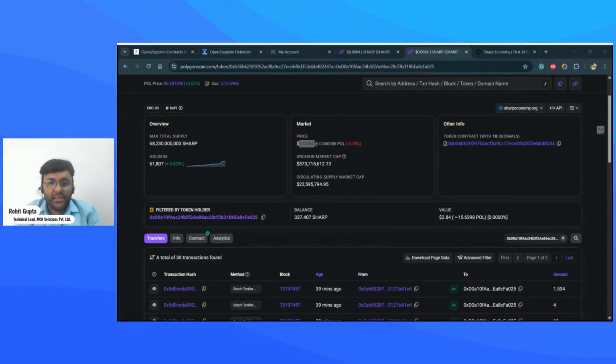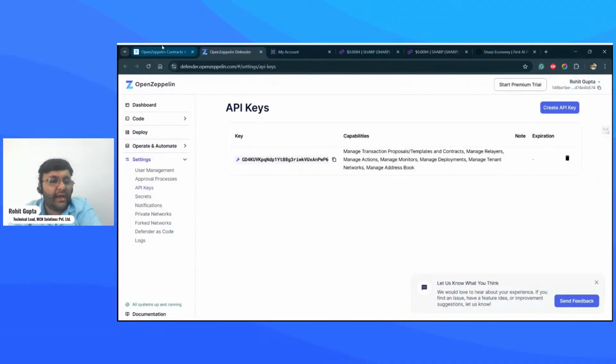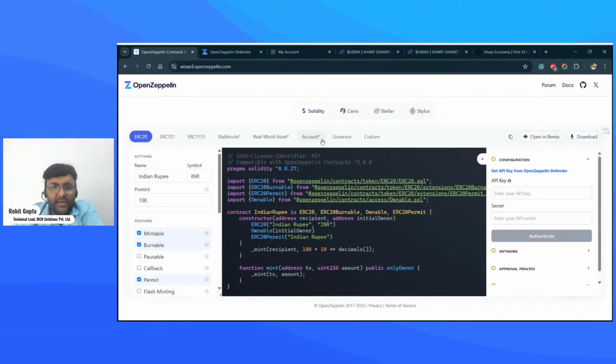It's just there to help you get your token live, deploy the contract, manage the deployment, testing, verification, everything. That's what OpenZeppelin is for. By the way, it is open source, so we just have to be very cautious about it.